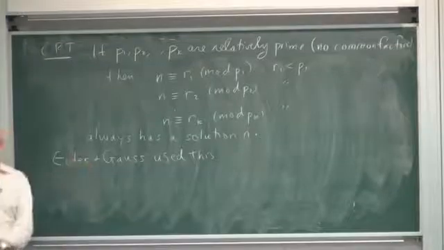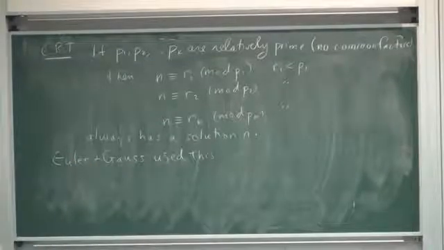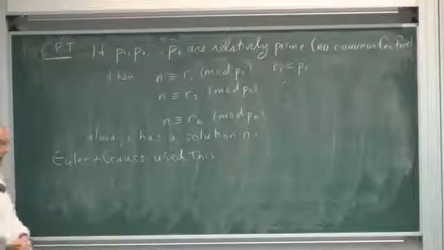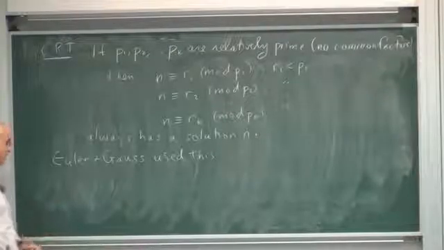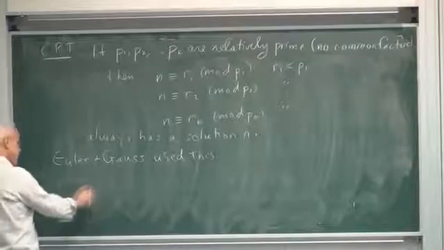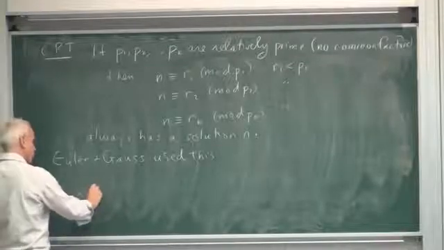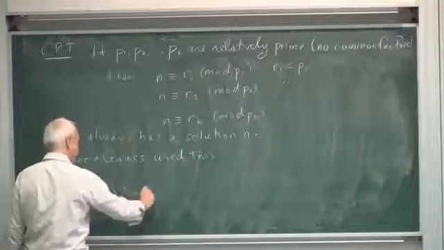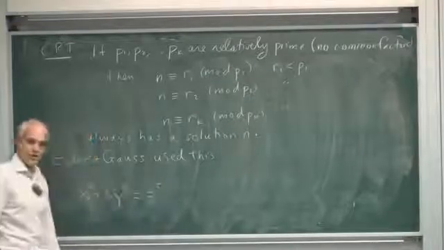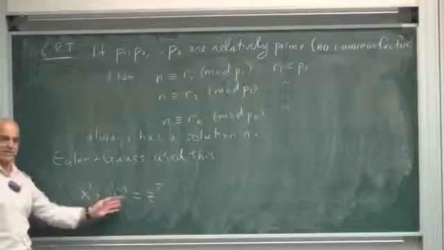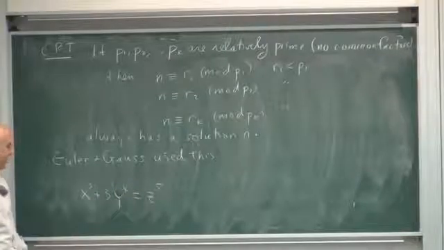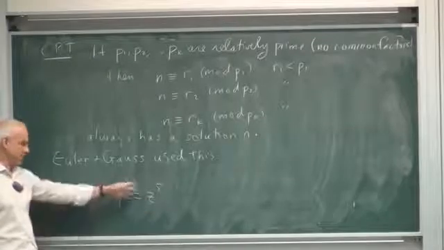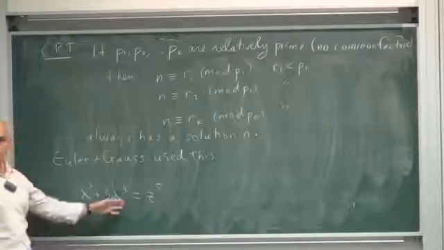I have a little bit of a personal connection with this theorem because the very first theorem that I published was in number theory. And I was interested in Diophantine equations when I was younger. I was interested in equations like x cubed plus 3y to the 4th equals z to the 5th. You've all heard of Fermat's theorem, where you have x cubed plus y cubed equals z cubed. So I was interested in what happens if you change the exponents a little bit, maybe throw in some coefficients.